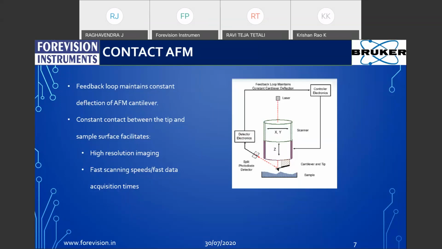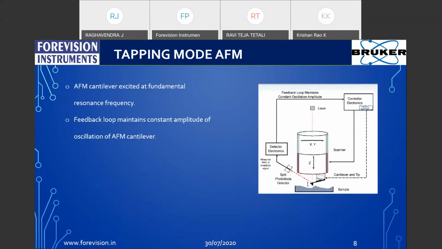So in order to overcome these limitations, tapping mode was invented. In tapping mode, the cantilever oscillates at or near the resonant frequency of the cantilever, and it touches and goes out of the sample to measure. Here our set point, our measurable quantity, is the amplitude, which is kept constant by applying a feedback loop. So we are modulating the amplitude, and based on those amplitude changes, we convert it into an image. And this is the basic working of the tapping mode AFM.